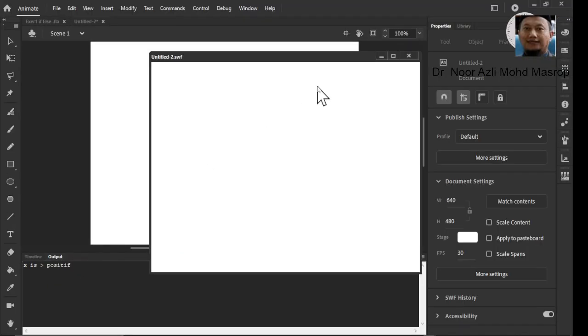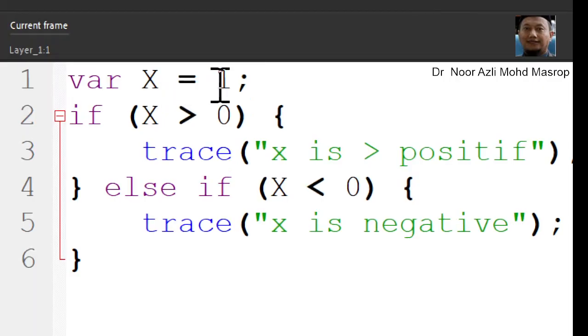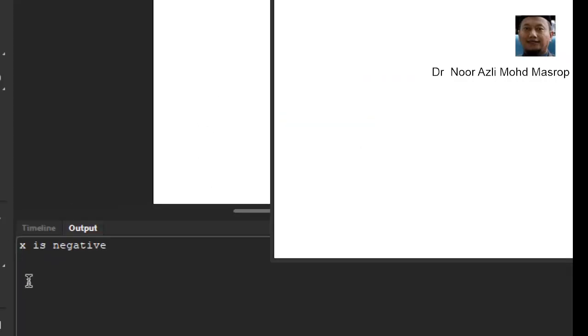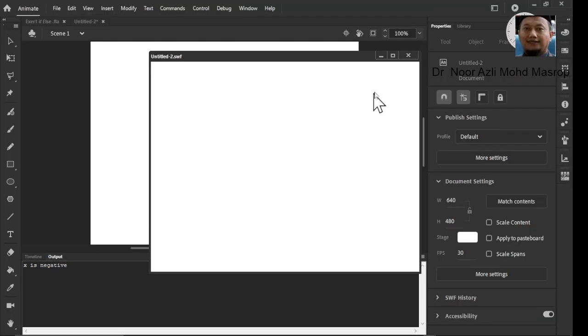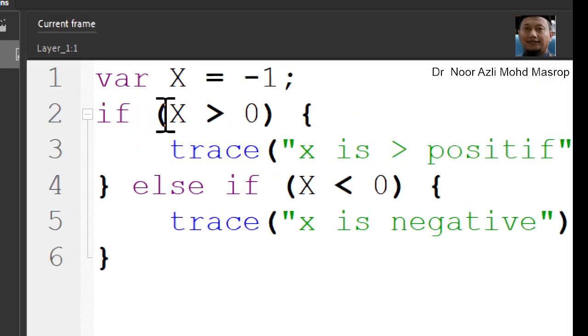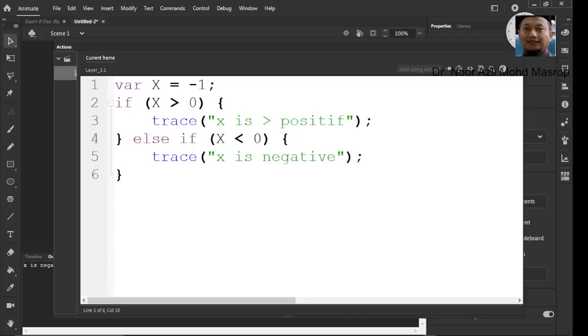And if you change the value of x to negative, let's test again. Control Enter. X is negative. Okay. So in this exercise we check twice: is x bigger than 0 or less than 0?